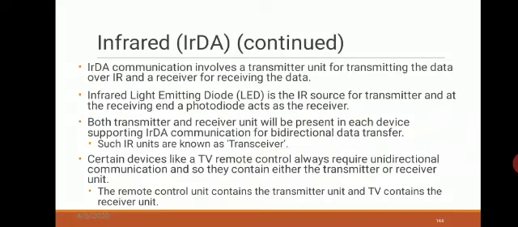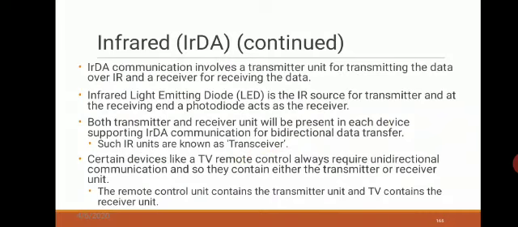Certain devices like a TV remote control always require unidirectional communication, so they contain either the transmitter or the receiver. The remote control unit contains a transmitter unit, and the TV contains the receiver unit. Some IR devices contain both transmitter and receiver, and some contain only one.